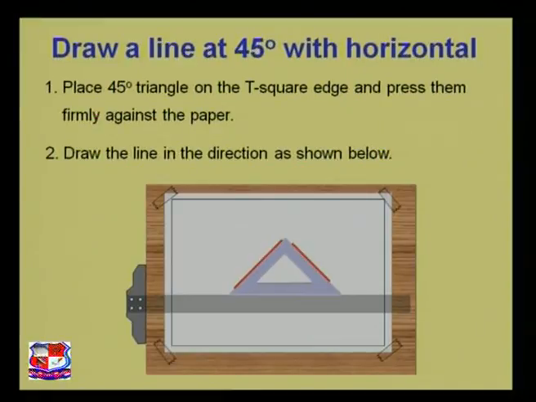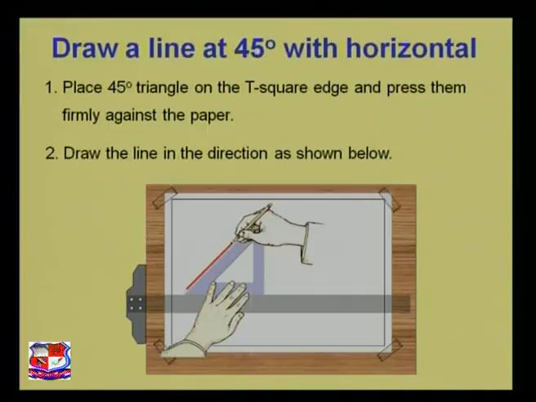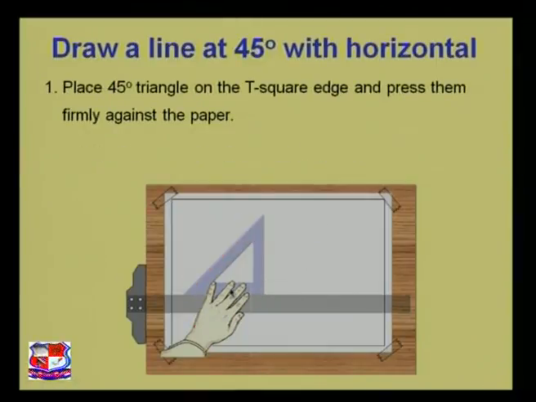If you want to draw two 45-degree lines to the horizontal line which incline to each other and intersect each other, then you should rotate your set square like this. In the previous case, our set square was lying on the shorter side, as you can see the shorter side of the set square attached to the T-square. Whereas if we want to draw intersecting 45-degree lines, as you can see this set square,